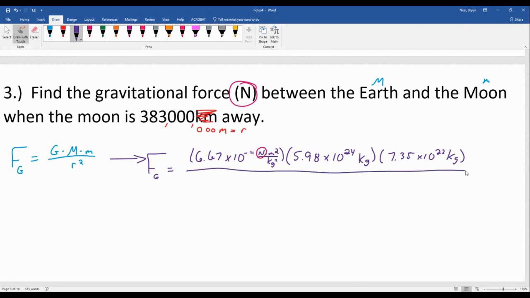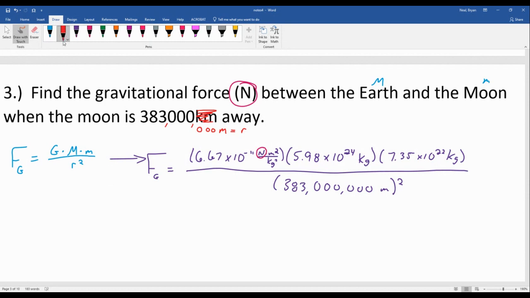Then finally, all of this goes over that separation distance, so 383 million instead of 1,000, right? Because we converted away from kilometers to meters. We don't want kilometers plugged in. And then by the definition, that gets squared. So,